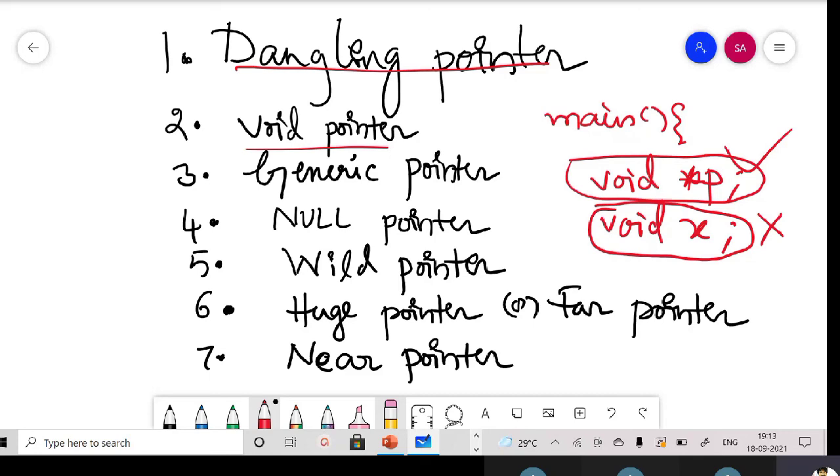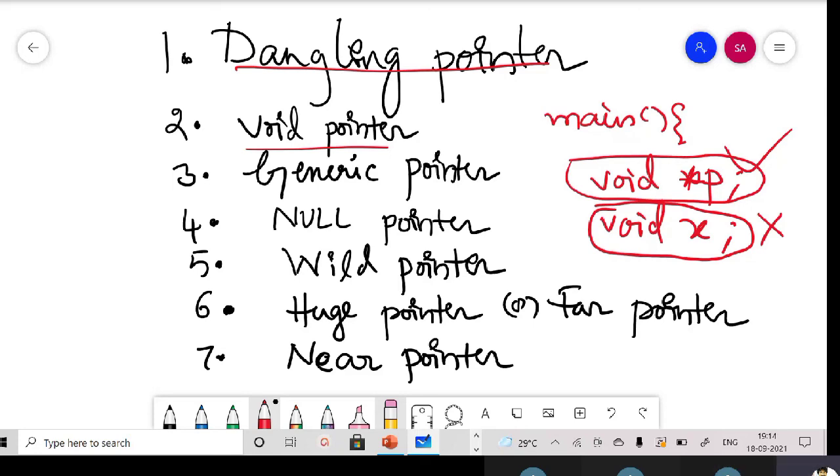Then what is the use of a void pointer? Sometimes when we are writing a program, we know that our program requires a pointer somewhere, but we are not sure what data type of the value we are going to store in that particular place. That means you don't know which kind of data your pointer will point to, but you know that you need a pointer, right? Are you following? Yes, sir.